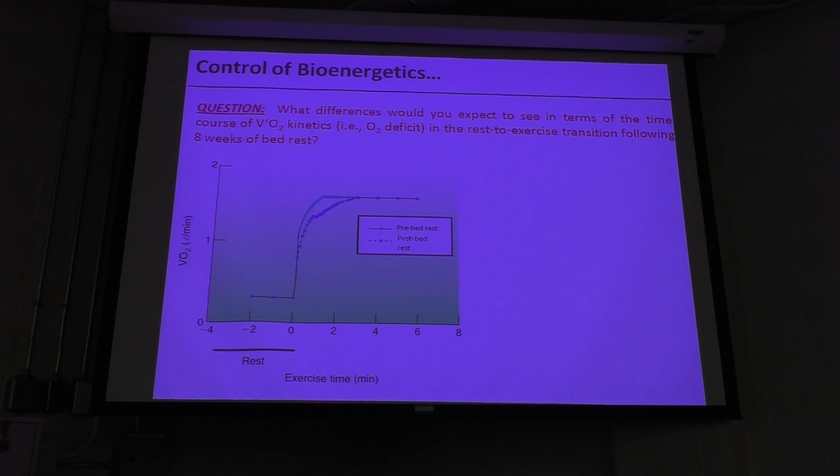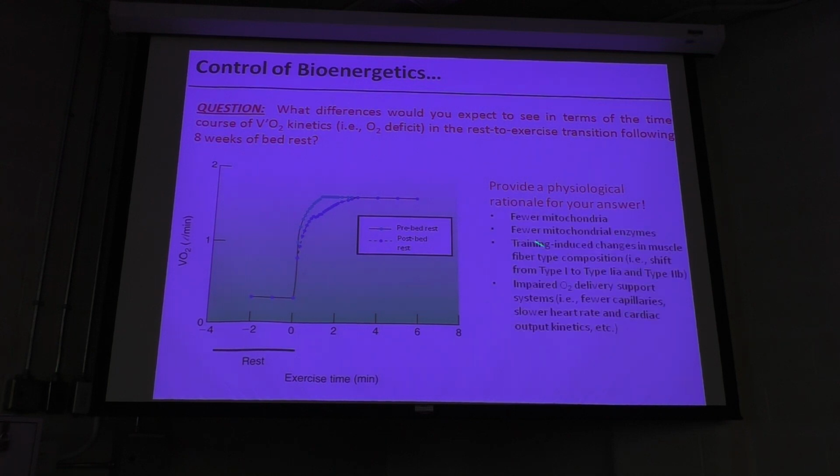So physiologically, what are some of the mechanisms that might explain that change in the oxygen deficit? What's the opposite of what we just showed? Yeah, I was going to say decreased mitochondrial enzymes. Exactly. There are many aspects here to provide a physiological rationale, things we haven't talked about in the class, but many of you exercise and are, I'm sure, aware. So fewer mitochondria, fewer mitochondrial enzymes,